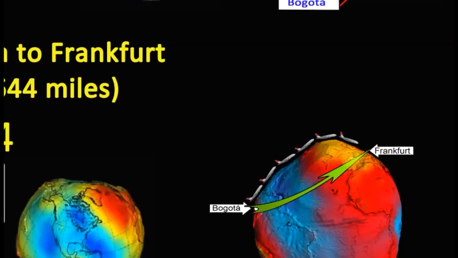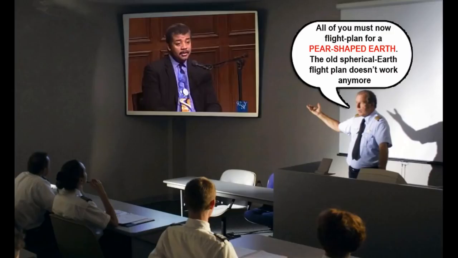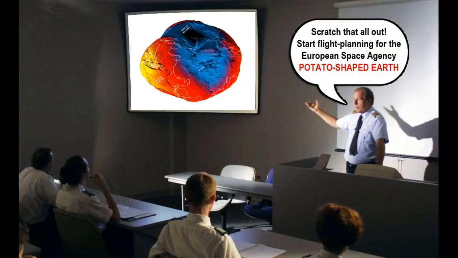So my question to Wolfie and to the other pilots is this: do you get updates every time they send out those satellites and they come up with different shapes of Earth? Do you get like updates? Hey guys, we gotta get together now and recalculate our flight plans and do everything all over, because it turned out that Earth is not a sphere as we have been calculating all these years. It's totally different. It's potato shaped now. So we have to